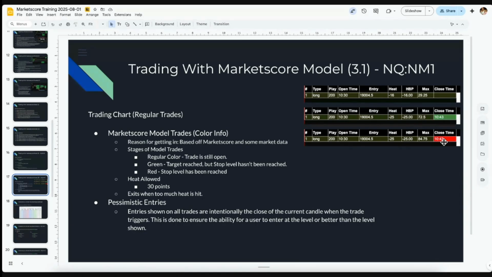Or I guess the original stop, even if it has already hit the profit target. So the red means that the trade is now closed. Now, with some of the other models, I've built it so that even though it is hitting the equivalent of where the stop loss would have been, because all the trades are equal on both sides,